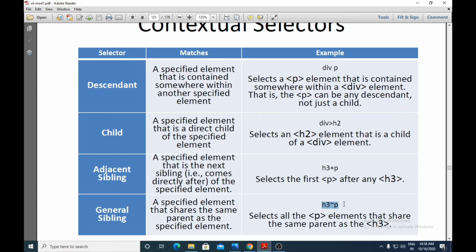So h3 and p belong to the same parent element, and p can be any sibling of that h3, first sibling, second sibling, and so on. It selects all the p elements that share the same parent as the h3. So these are the four types of contextual selectors. Descendant means you give a space, child means greater than symbol, adjacent sibling means plus, that is the immediate sibling, and tilde means any sibling, at any location.